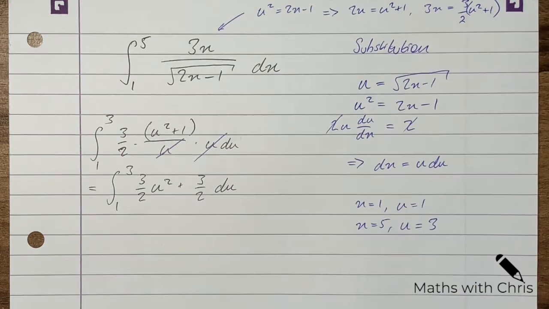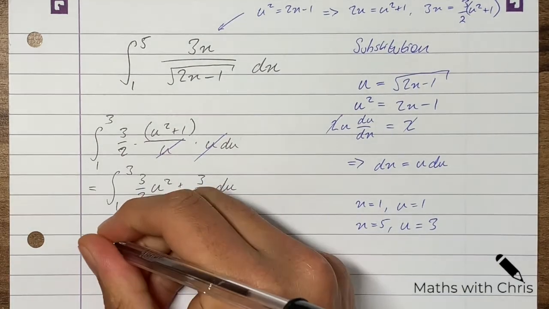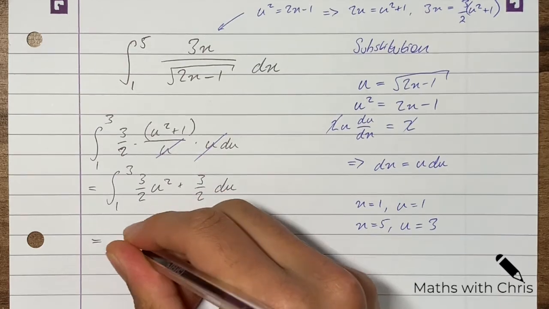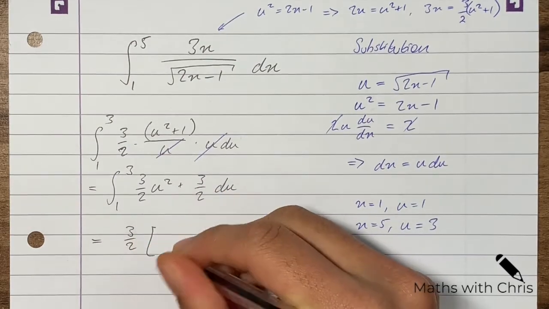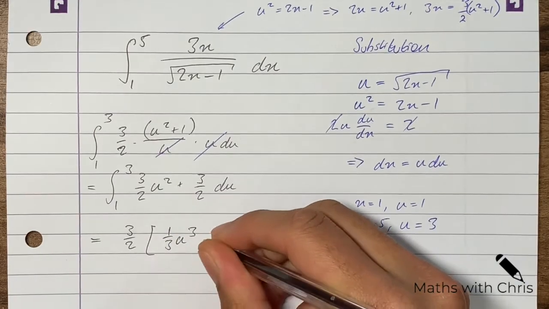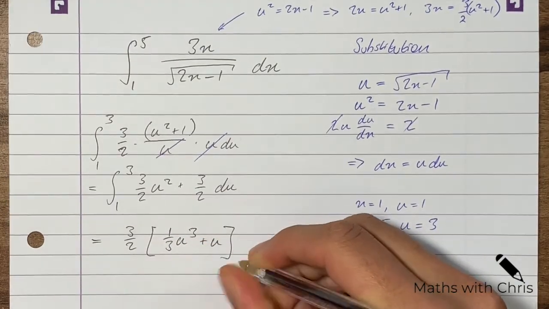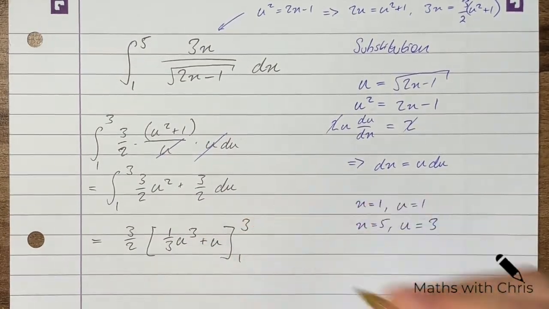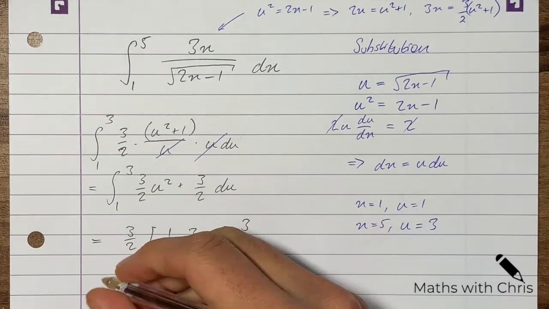Now we've reduced it to something which is nice and straightforward, so we can integrate this. If we bring the 3 over 2 out the front, we get a third u cubed plus u, and this we need to evaluate between 1 and 3. So to do that, we plug in our value of 3 first, and then finally our value of 1. So this is